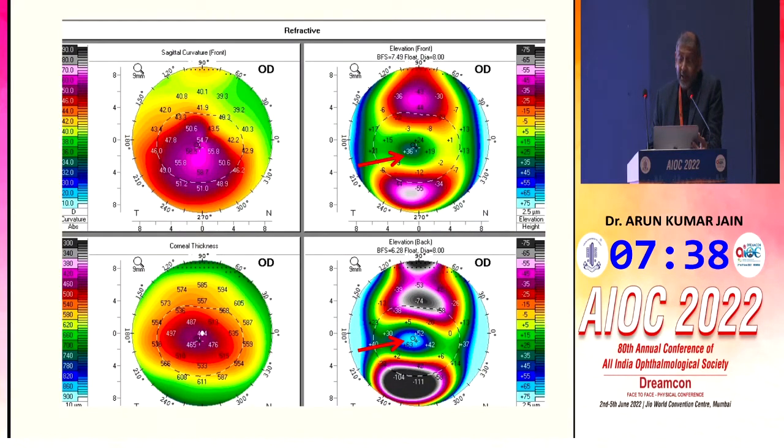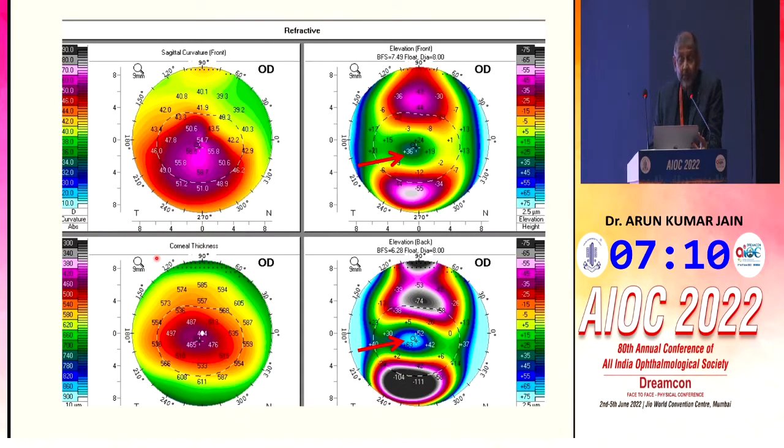And this is the other eye of the same patient, where you can see this is the left eye and this is the right eye. The anterior sagittal map shows a K reading of 58, and there is a front elevation of plus 36 micron, and the posterior elevation is much more, more than 20. So this is an overt case of